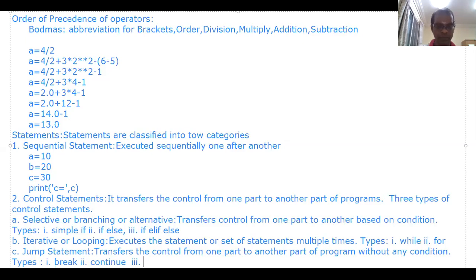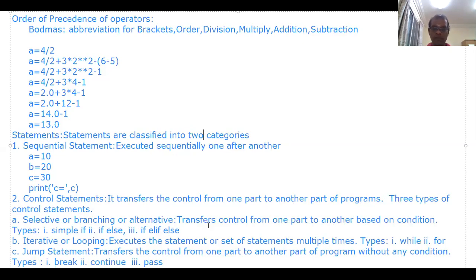So once again, statements are classified into two categories: sequential statement and control statement. Sequential statements are executed sequentially one after another. Control statements transfer the control from one part to another part of the program. Three types of control statements are there: selective or branching or alternative, iterative or looping, and jump statements.